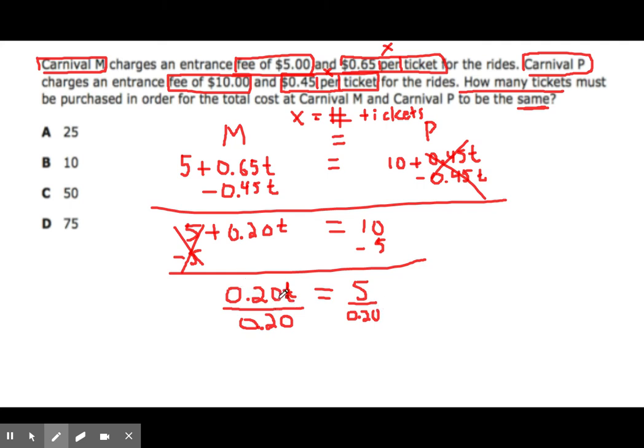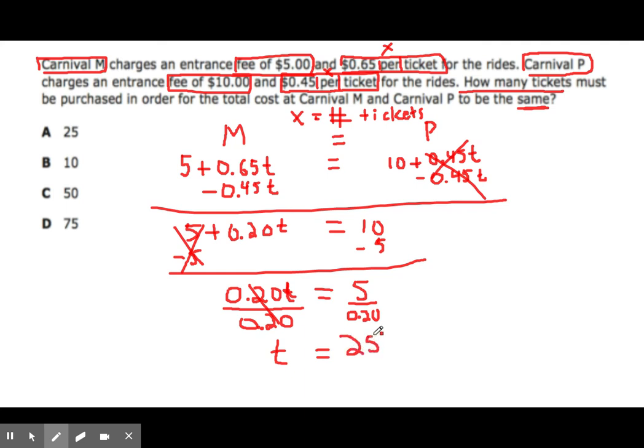So 0.20 times t divided by 0.20 leaves me with just that 1 t. Whoops. Trying to write an equal sign. I'm getting ahead of myself. All right, so we've got that t is equal to, let's see, I can't do that in my head, but I'm in the 8th grade, so I can use a calculator. If I do 5 divided by 0.20 or 0.2, I get